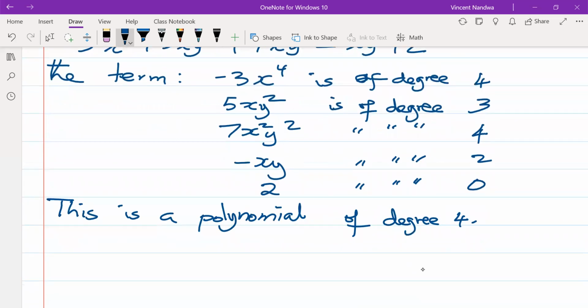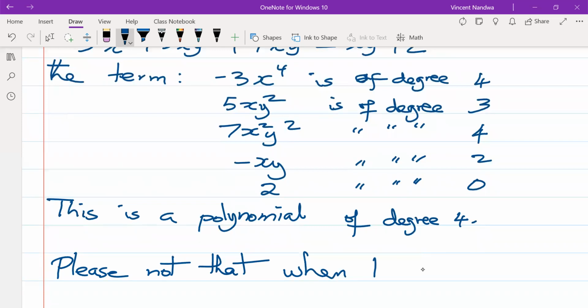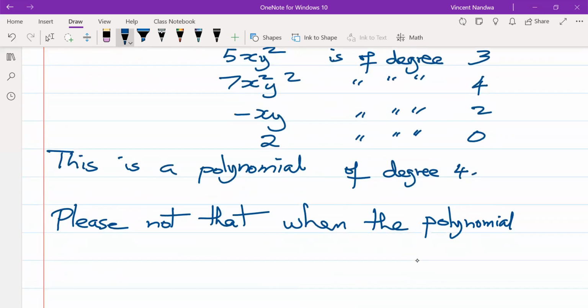So please note that when the polynomial is in one variable, say x, then we write